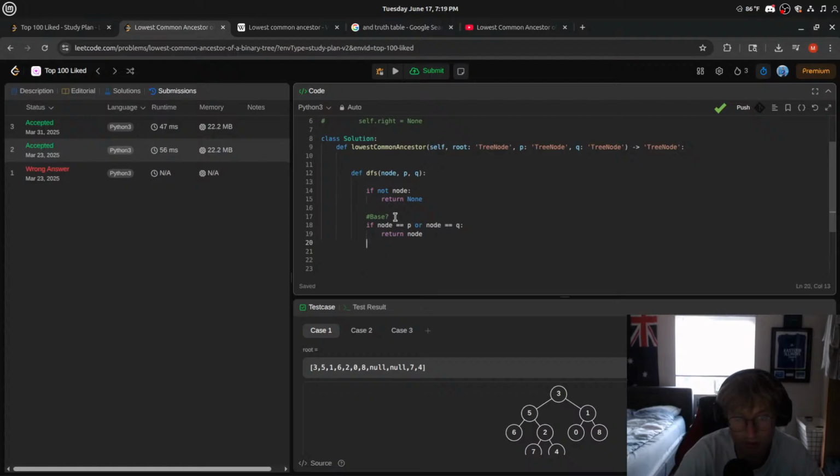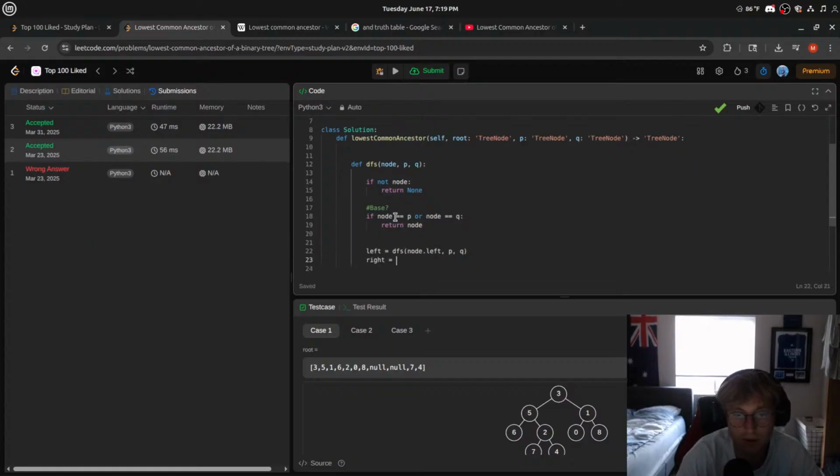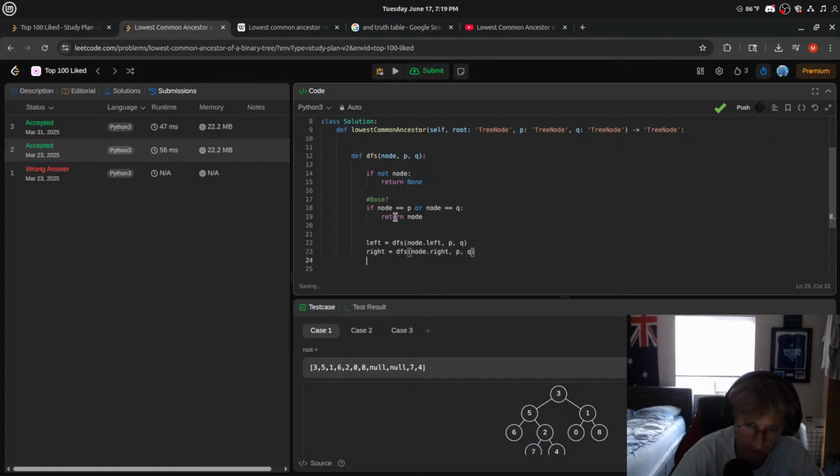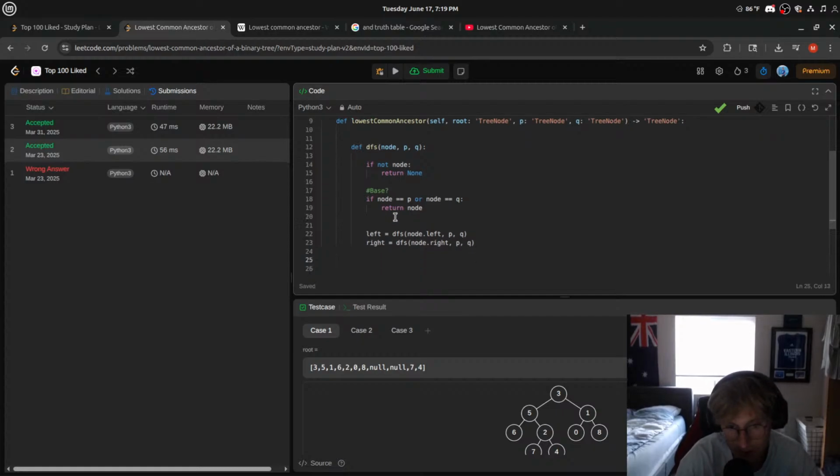Let's take a look. Go through this. Right, so this is our base case, right? We obviously want to check our left, right? So we would go, okay, call our DFS function again: node.left, our P and our Q. We'll do our right DFS, node.right, P and Q. And then we check, okay, well,